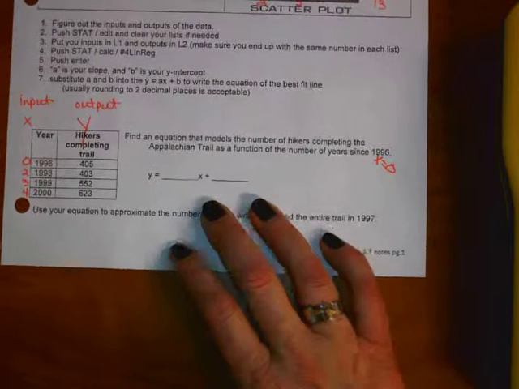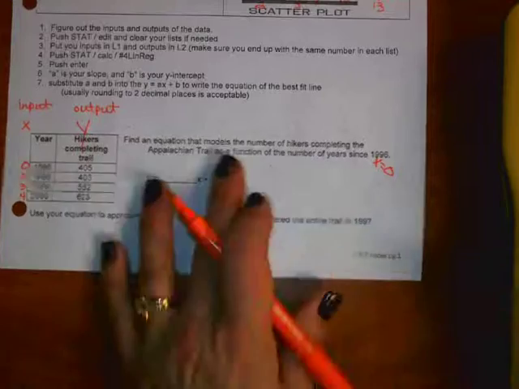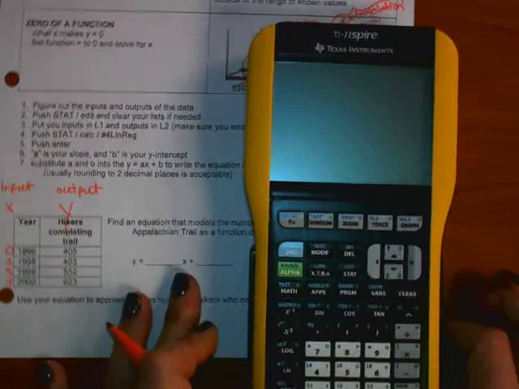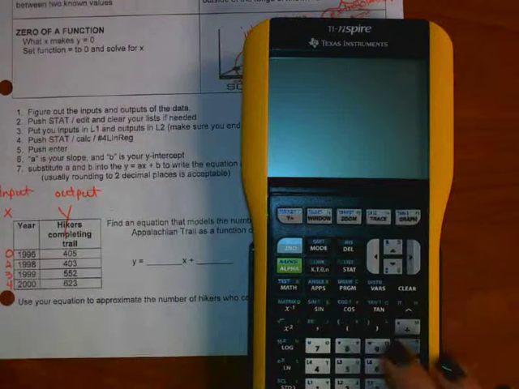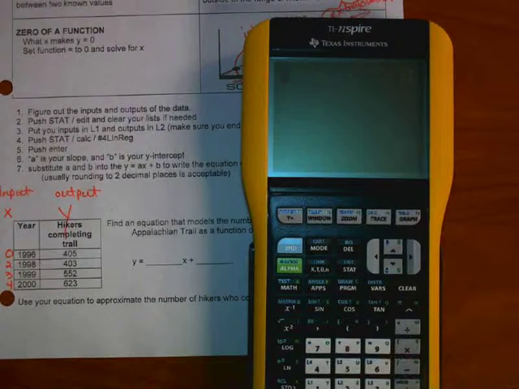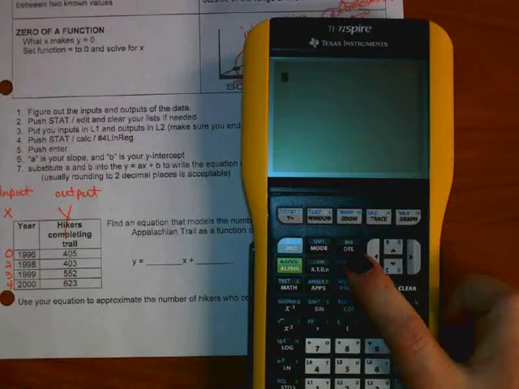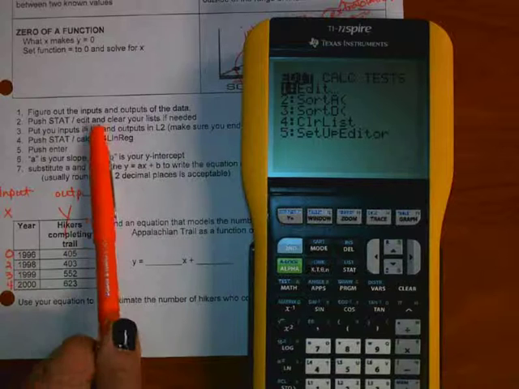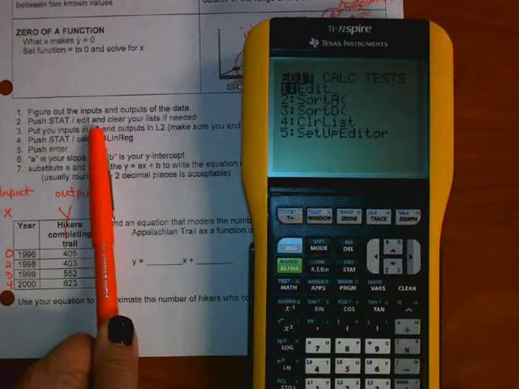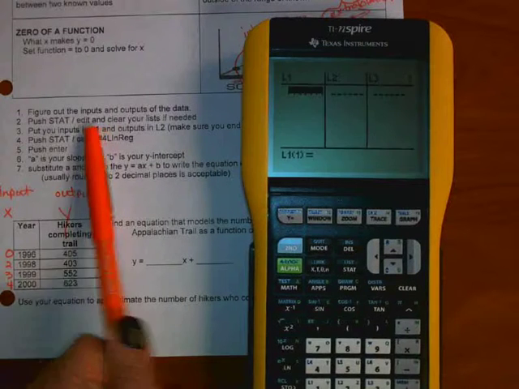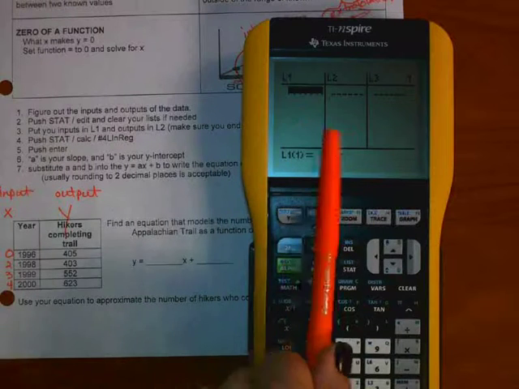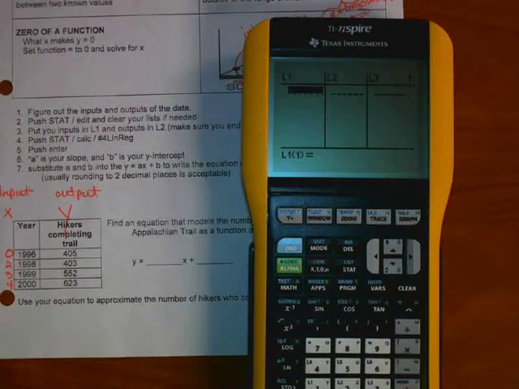Now we can get the calculator to give us an equation. So it says figure out the inputs and outputs, which we did. Push, you're going to turn it on. You're going to push the stat button, which is right here. Stat. And then it says you need edit. So you push enter. And you might have lists in your thing. Do you have numbers here? Okay. To get rid of those,